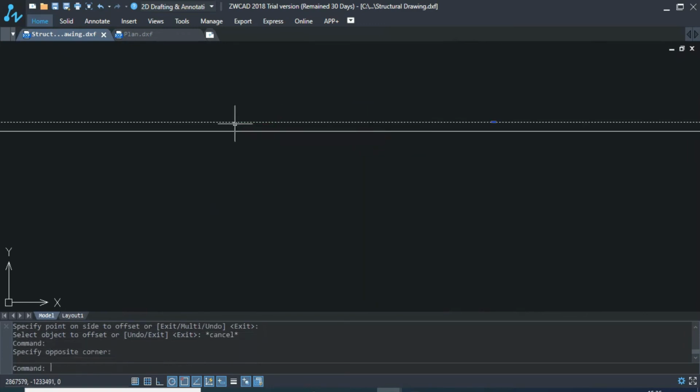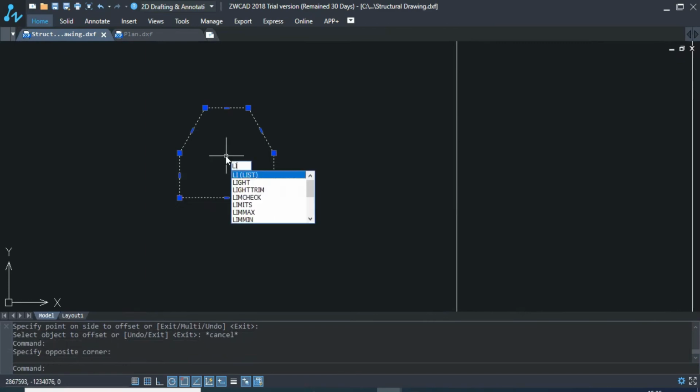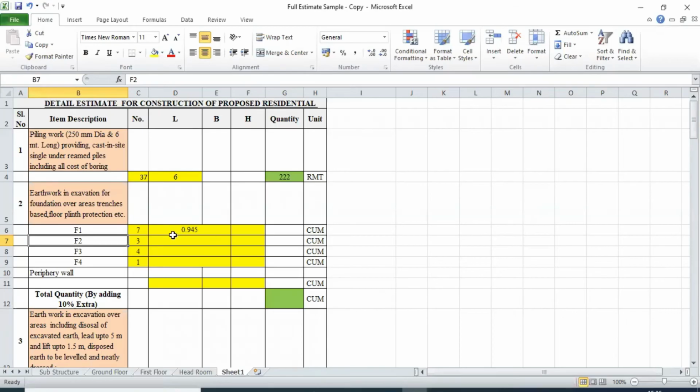Then select this outer line and Li enter. You will get the area also and length also. So we want only perimeter. So we will write here only perimeter. If you want the area, then you can write the area portion.